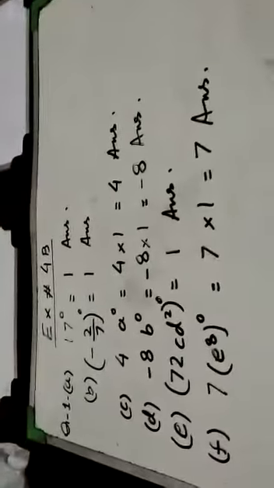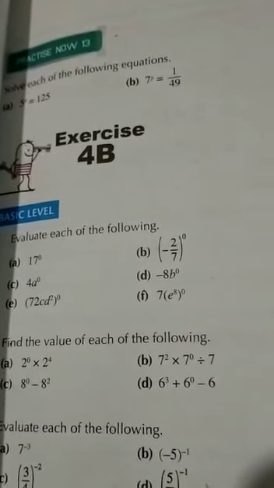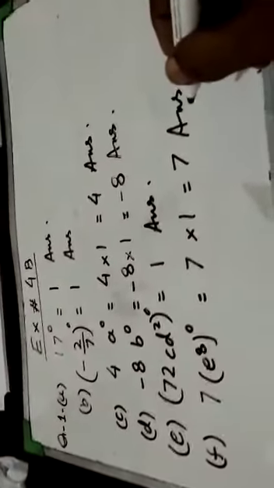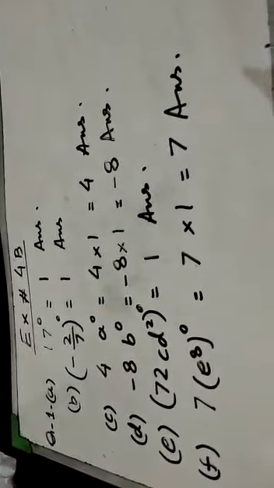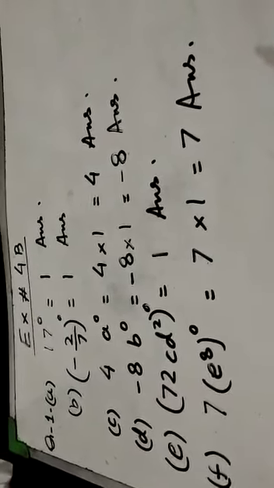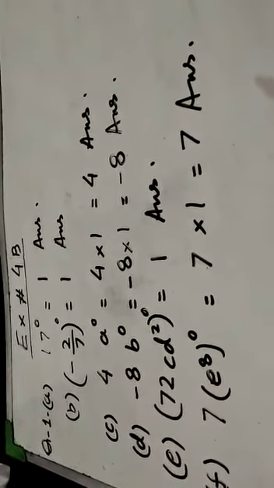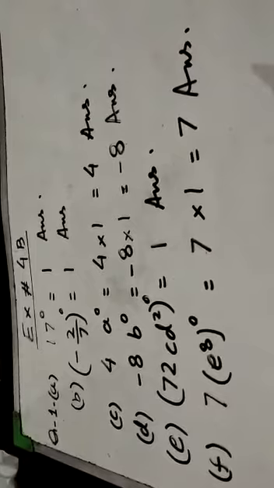Okay, now this question number 1 had 6 parts, and we have solved all those 6 parts. You can see on the board once again. Okay, and you will find it very easy. If there is a 0 over a number, then that number becomes a 1. Okay, this is the major concept which is being used over here.